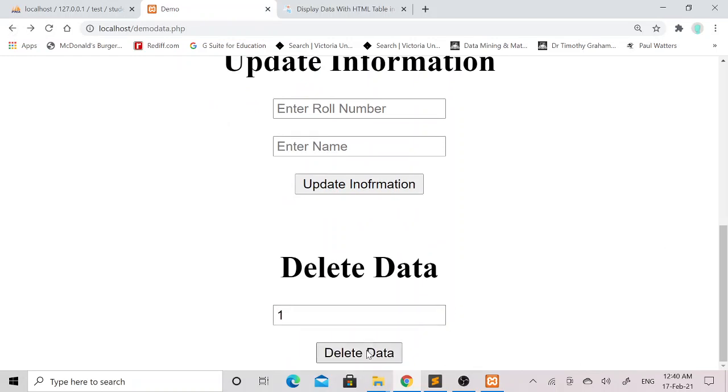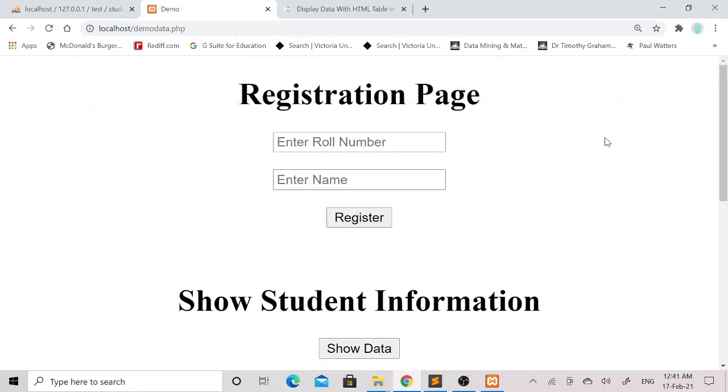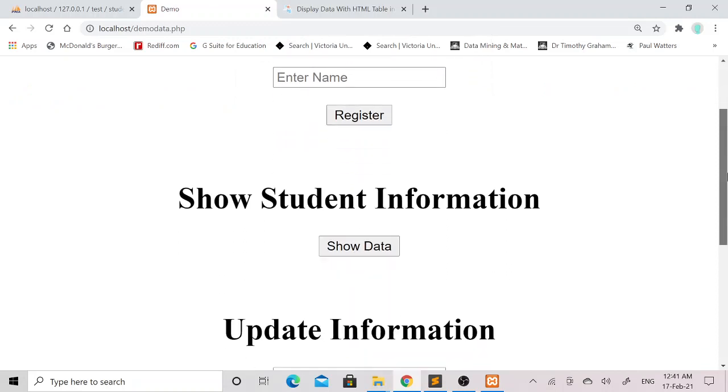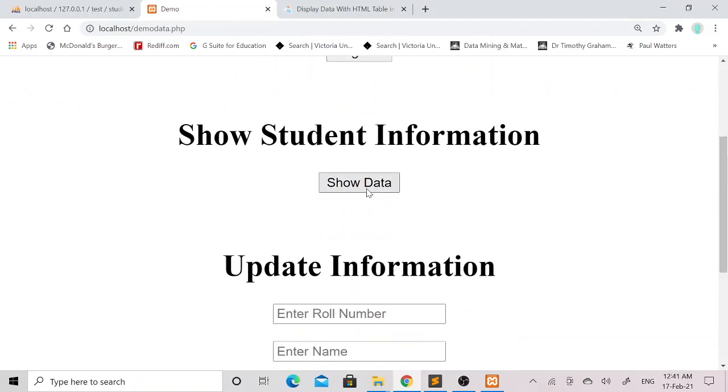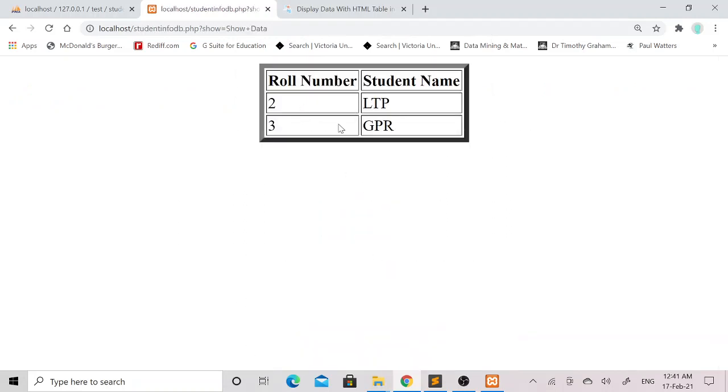Now I will click on the delete data button, you can see that the message record deleted has popped up. Now I will click on the OK button, and to see whether the record has been deleted or not, I will click on the show data button. You can see that roll number 1 has been removed from this student table.